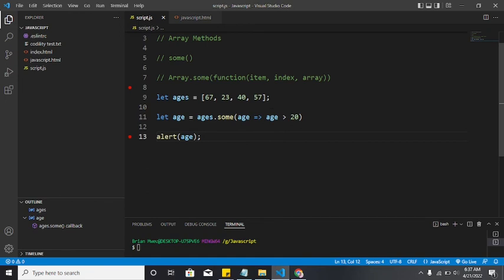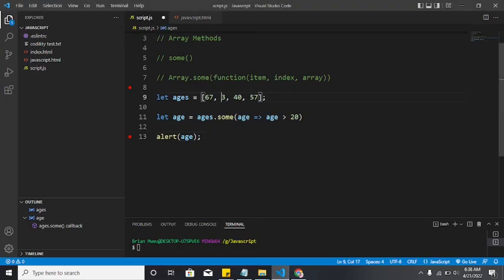So now, if one element meets the provided test condition, you can see 67 is greater than 20, and 23 and so forth. So the first one will be true. But now if this one was 13, for example, you can see 13 is less than 20, so we would have expected it to return false